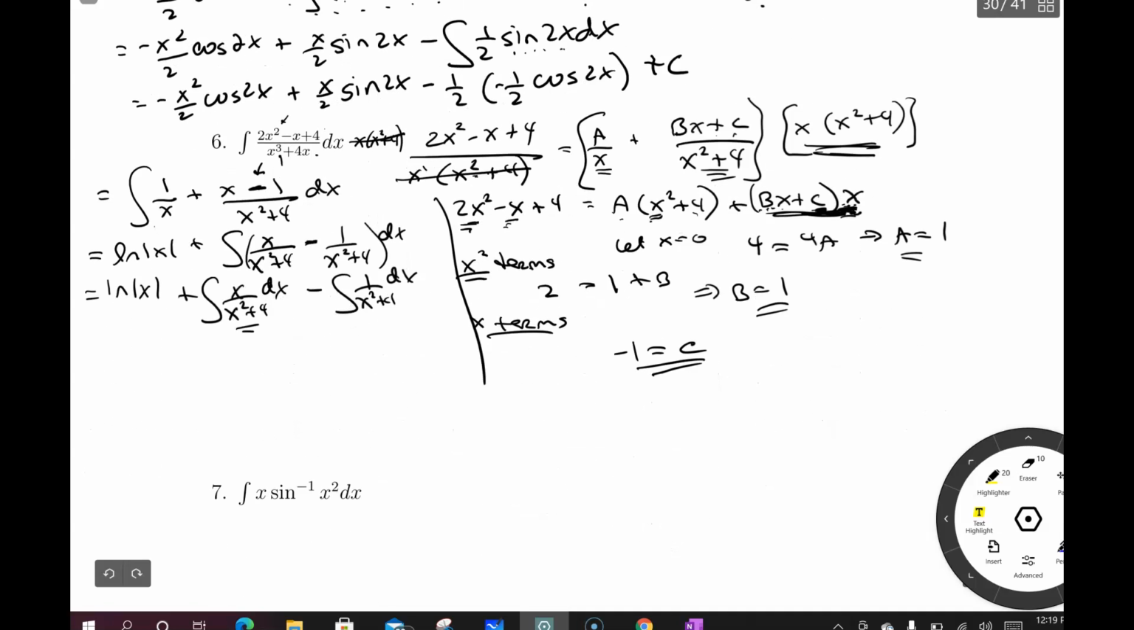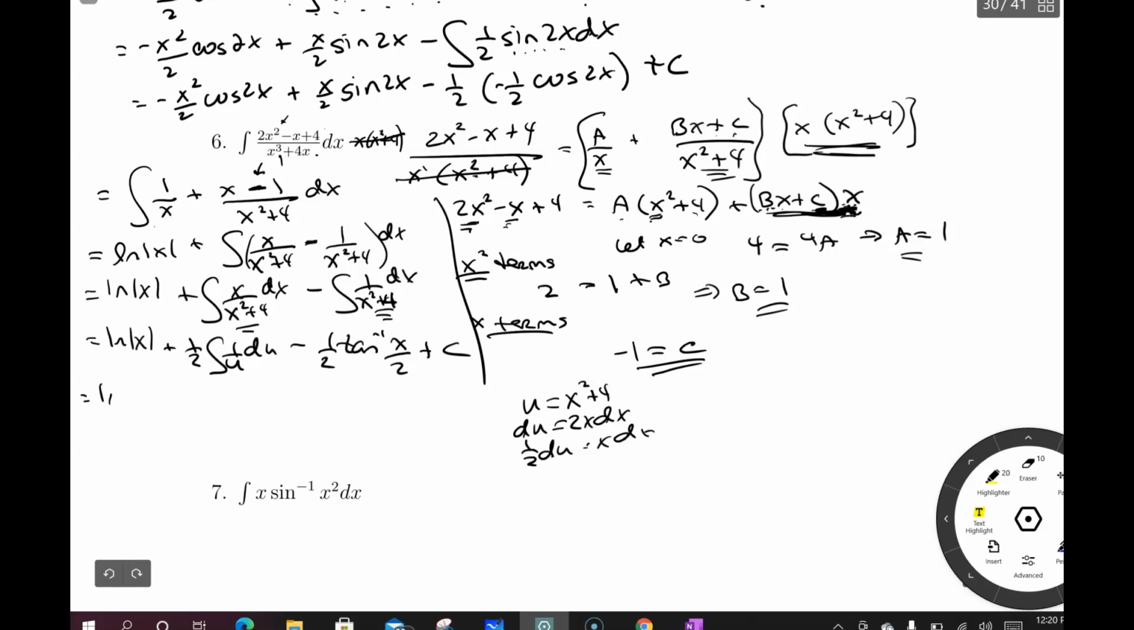Okay, this one here needs a u substitution. So let me do it right here. So I would let u equal the denominator. So I get 1/2 du is x dx. So carry this part along. So I get 1/2 times 1 over u du. This here is my arctangent, which you're very familiar with. And then to put the ln in here, ln of x squared plus 4 minus,